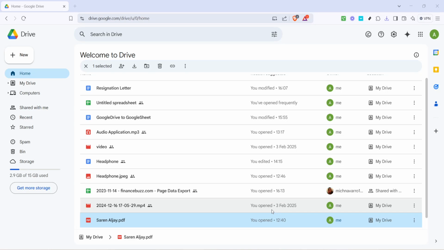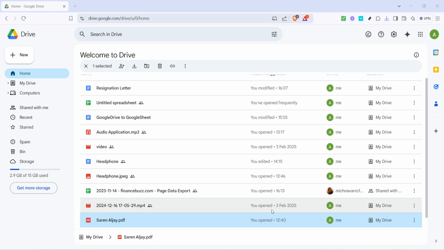In today's video, I'm going to teach you how to lock a PDF on Google Drive. Locking your PDF file can be an essential step in ensuring the security and confidentiality of your documents, especially when sharing them with others. This simple process takes just a few minutes, and I'll guide you through each step in